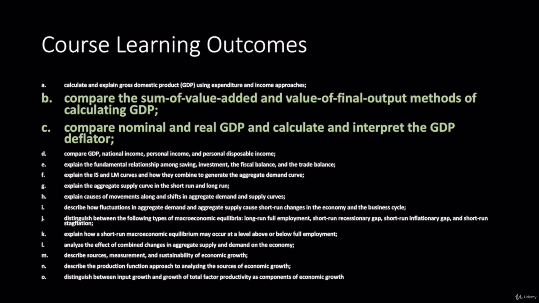So there are two ways of doing that. The sum of value added and the value of final output. And very simply, if I have an orange juice, do I take the final value of the orange juice, which is, let's say, $1, or do I take the value added of each step of the way? So in the simplest way possible, the orange juice, when I buy the final product, let's say it's worth $1,